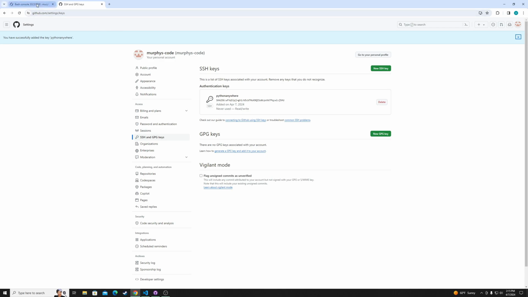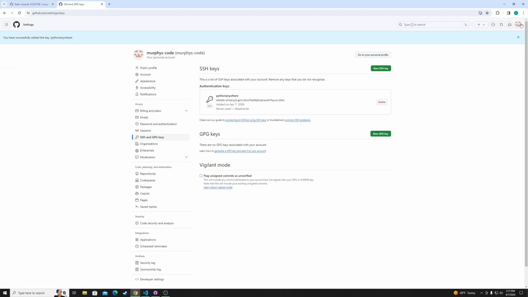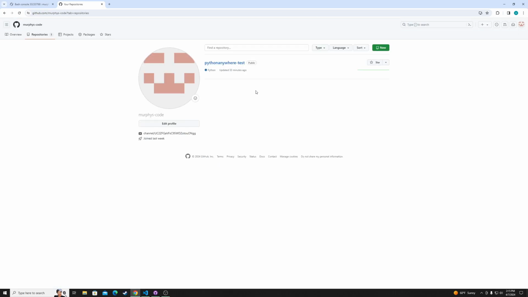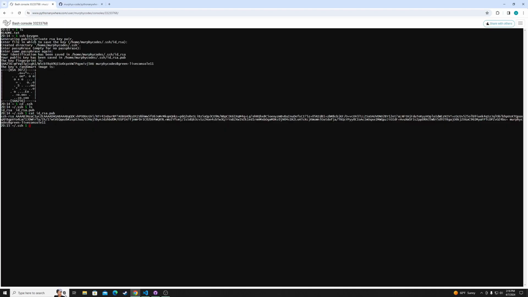So next you will go to your bash console on Python Anywhere so that you can pull your code from the GitHub repository. So just to show you guys, here's my repo. This is the one that we're pulling. So we'll need to grab it via SSH here. So we're just going to copy that. And in the Python Anywhere bash console,